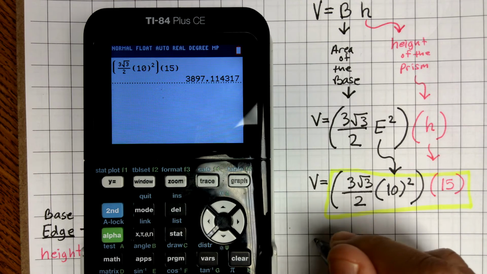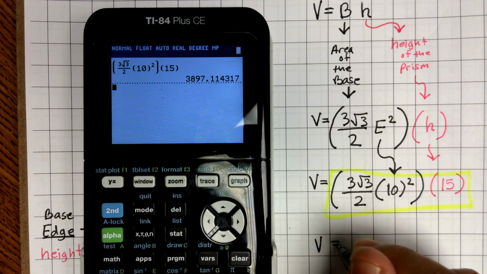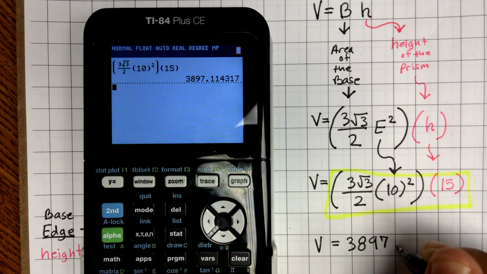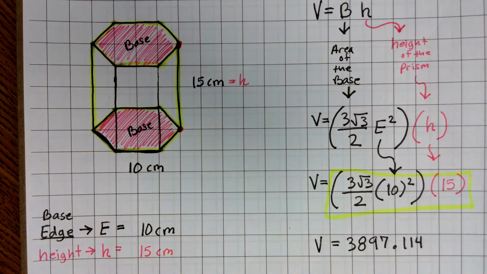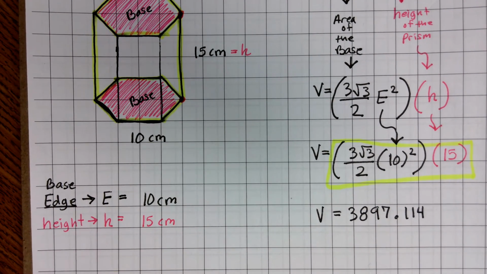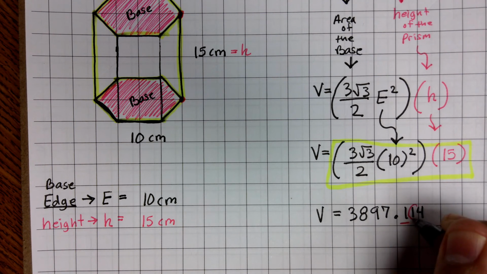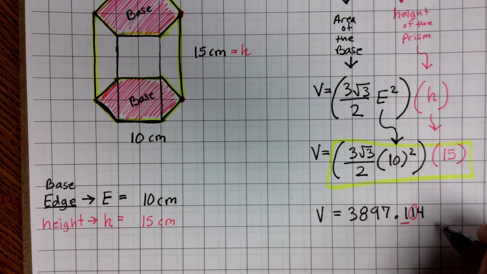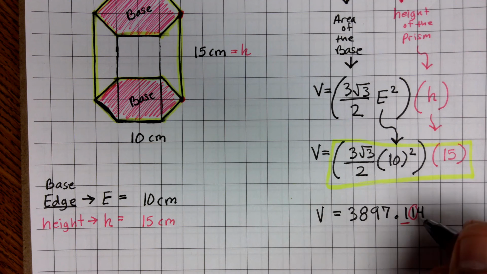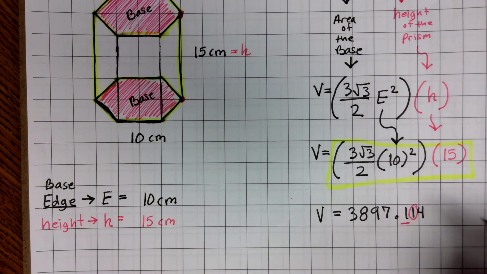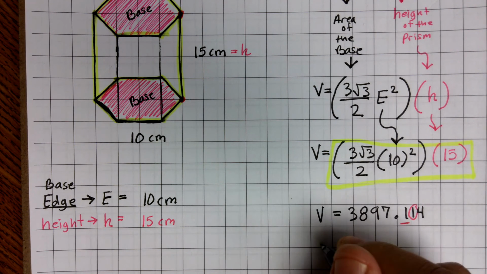So I'm going to write this number. So I got V is equal to 3,897.114. So we are going to round this to the tens place. And so for rounding to the tens, remember the rule, we look at the tens place and underline it, we circle the hundreds, and then if it's 4 or less, let it rest. 5 or more, raise the score. Now obviously 1 is less than 4, so we're going to let it rest. So our final answer is going to be